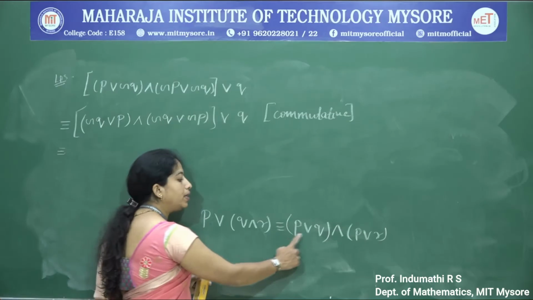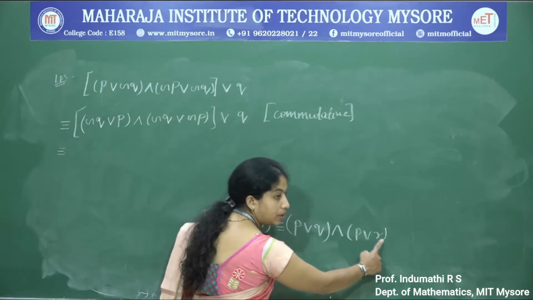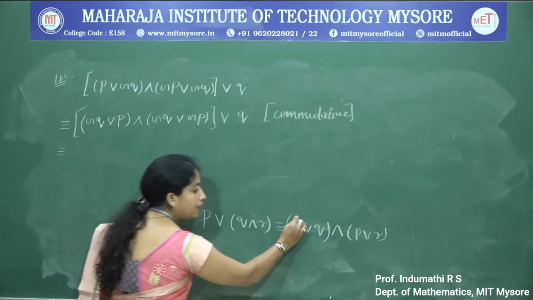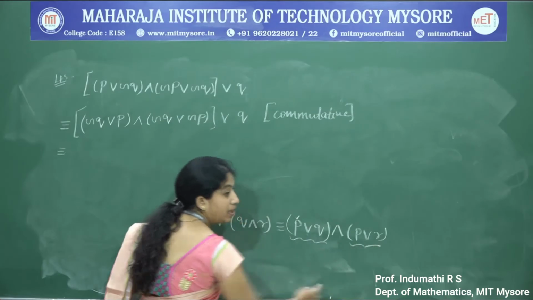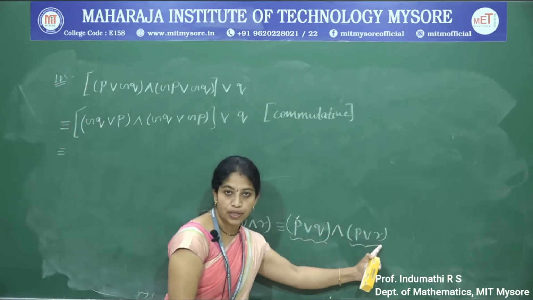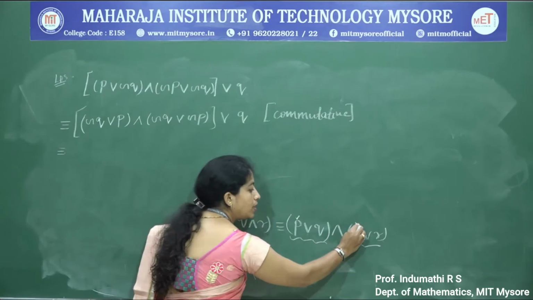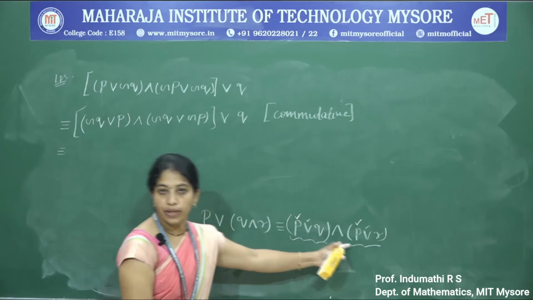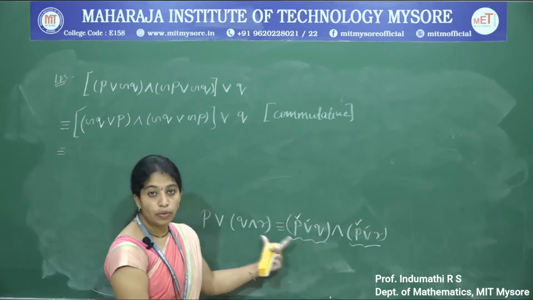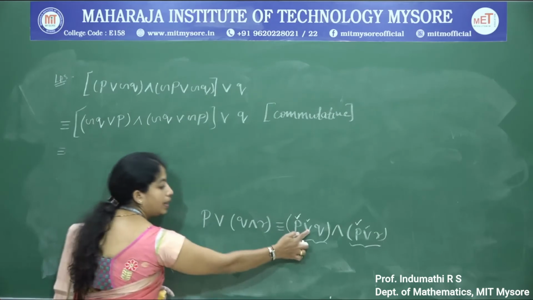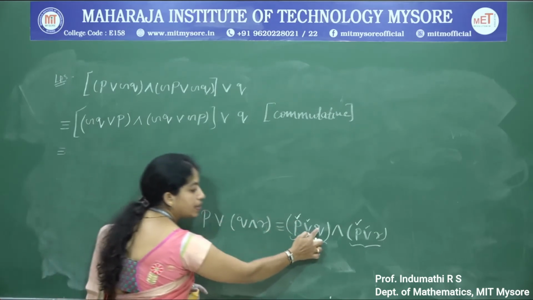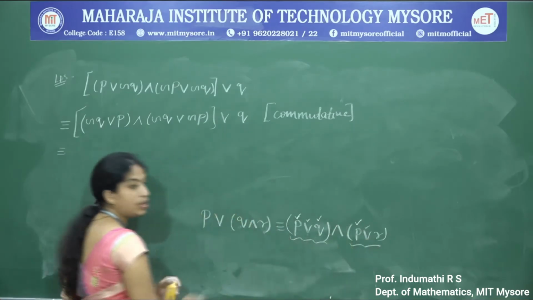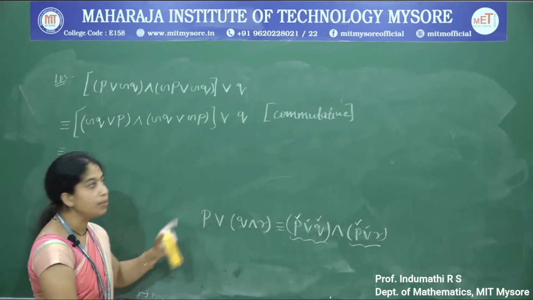We can write P disjunction Q conjunction P disjunction R as P disjunction of Q conjunction R. See, first, there are two compound propositions. The easiest way: there should be two compound propositions. In those two compound propositions, if the first term and the next symbol are similar, then we can apply law of distributive. How to apply? Write the first term, next symbol, open the bracket, the second term, middle symbol, and the last term, that is R. This is applying law of distributive.